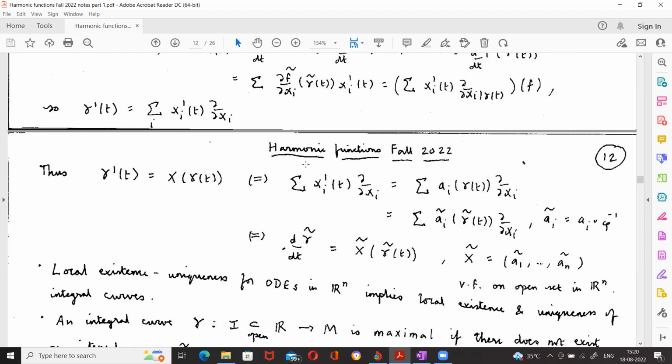And xi primes are the coefficients of gamma tilde prime. So this equation therefore is equivalent to d/dt of gamma tilde equal to x tilde of gamma tilde t, where x tilde is the vector field in Rn with